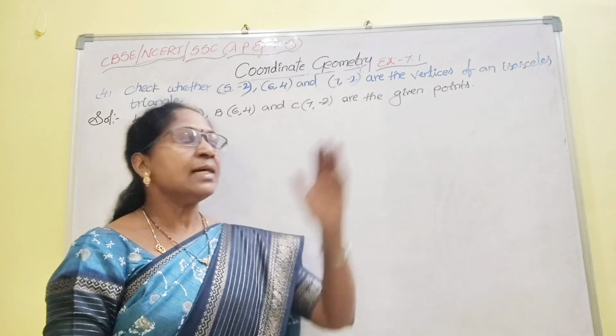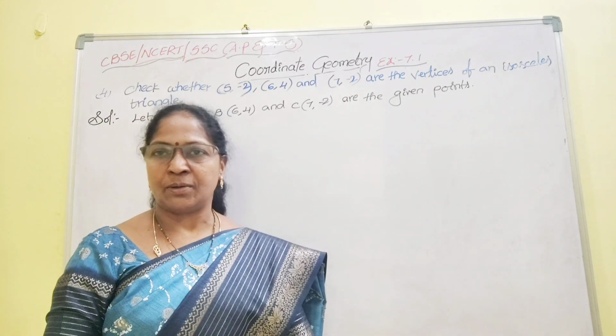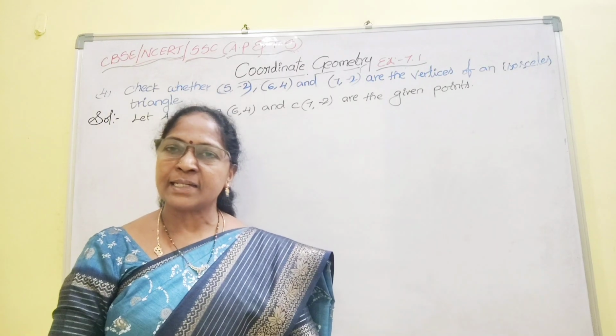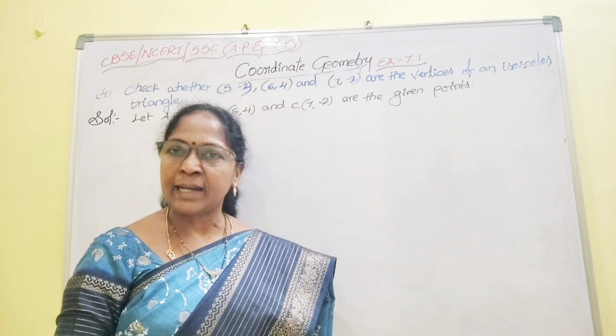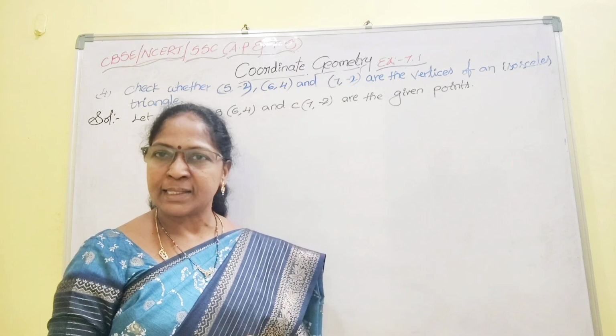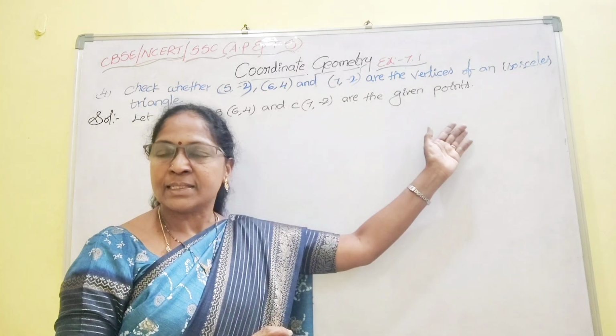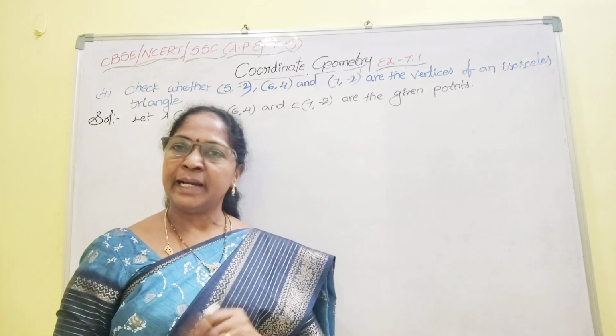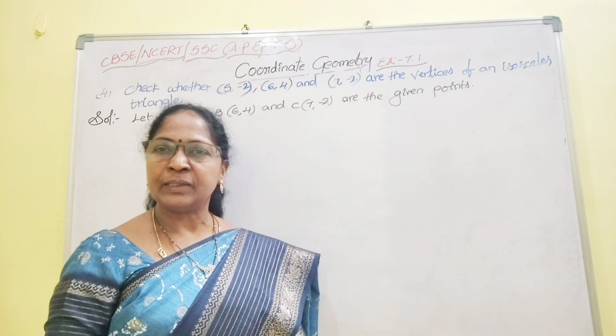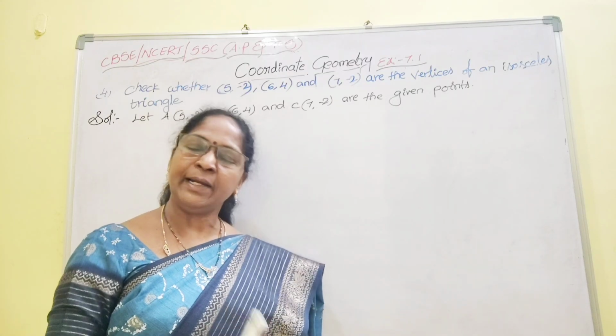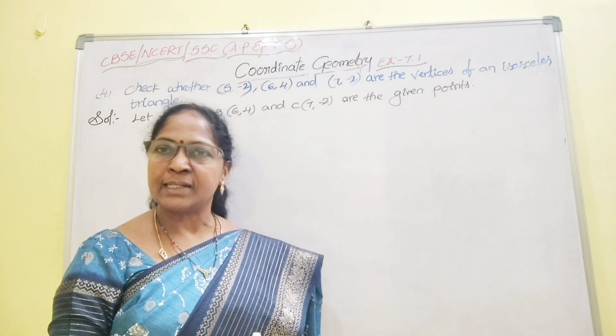So what is an isosceles triangle? First you should know. If two sides of a triangle are equal, then you can say that it is an isosceles triangle. Triangle means it has three sides. Out of three, if any two sides are equal, then you can say that it is